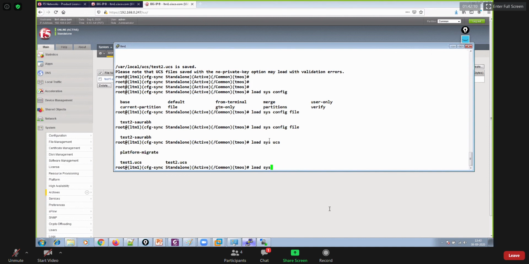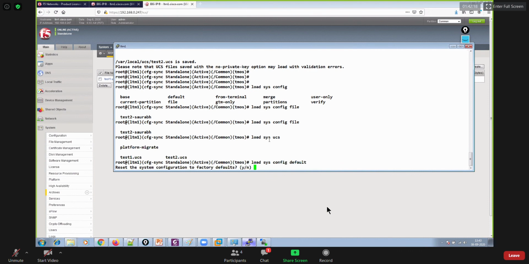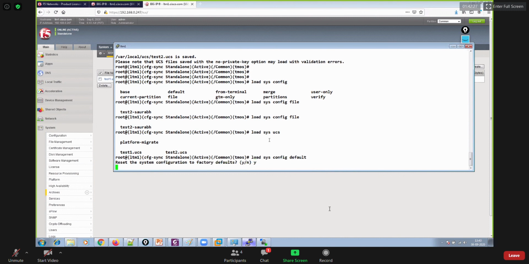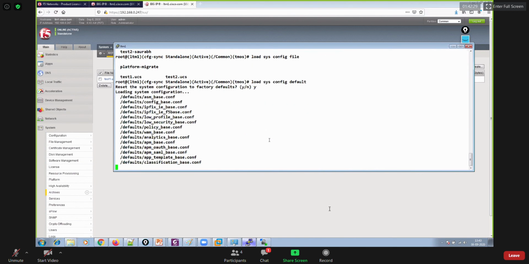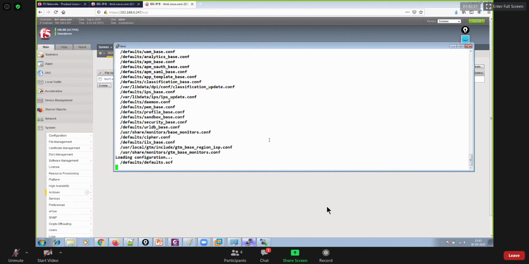Also, you could say load sys config default. Okay, so if you say load sys config default, which means you are putting your box into factory default mode, except management config and license. License will remain there, right? And your management config will remain there, except that everything else will be deleted.